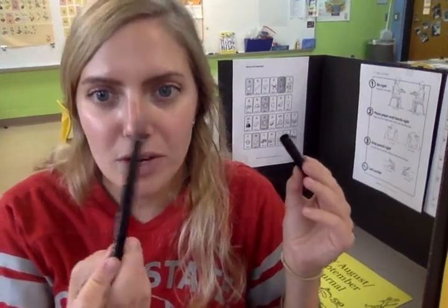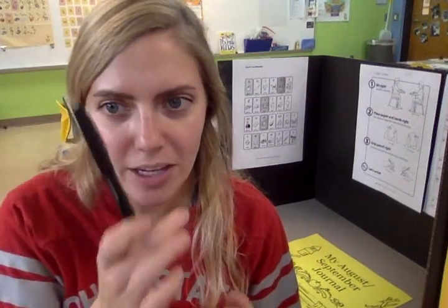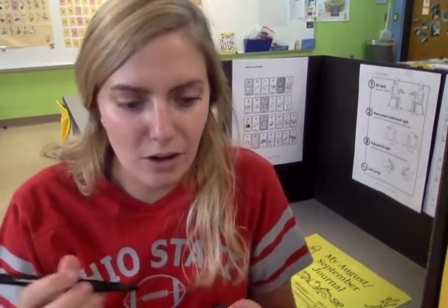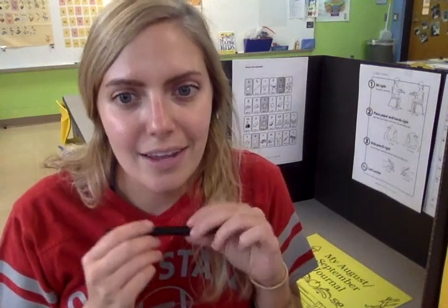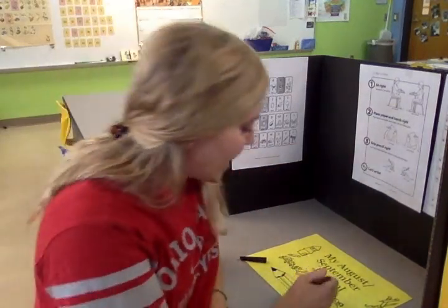Next, you need to put the cap on the back of the pen. Push until it stays. You want to be able to shake the pen without the cap falling off. It's so important to remember to put the cap on the back of the pen because I've seen this happen a lot of times. Kindergartners sometimes, they'll take the cap off the pen, set it on the table, they'll do their writing time,